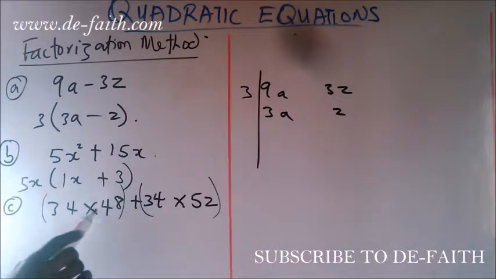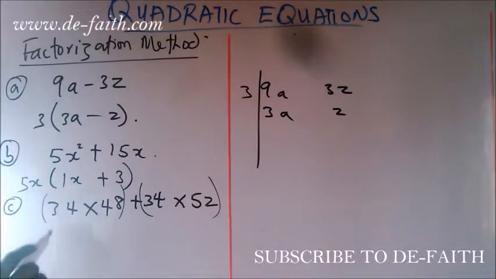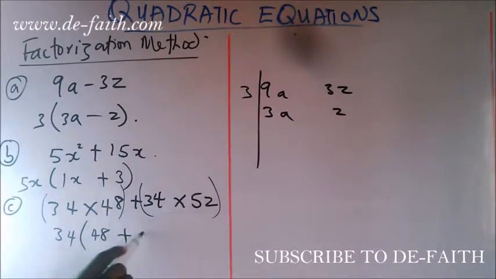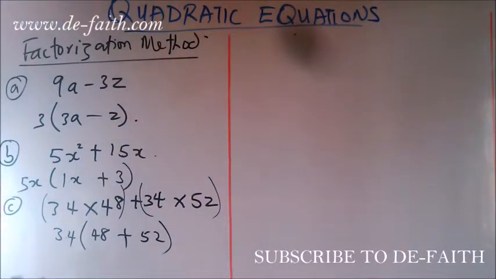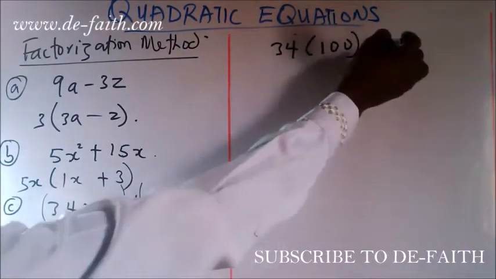Now if you look at 34 times 48 and 34 times 52, there is something which is common. And what is it that is common? We have 34 into brackets 48 plus 52. So what we have done is to bring 34 outside, and we could go back and get this by having 34 times 48, plus 34 times 52. And so we'll have 34 into brackets 48 plus 52, that gives 100. Then 34 times 100, that gives us